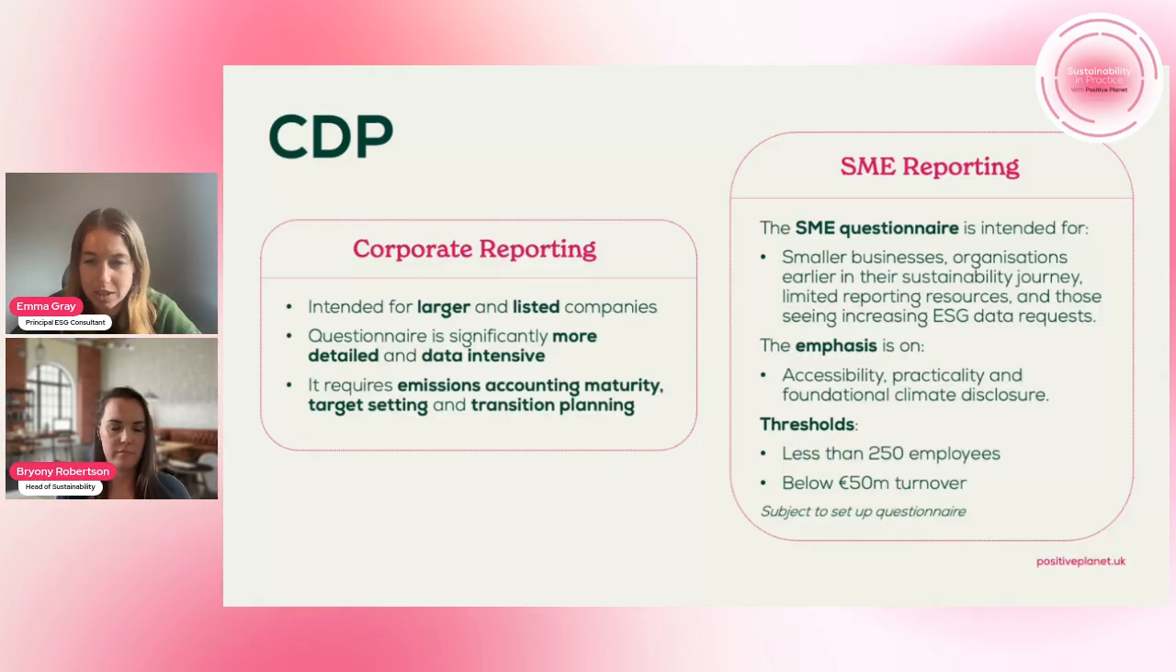This route is intended for smaller businesses who are in the early phases of their sustainability journey. They may have limited sustainability resources available, and are generally seeing an increasing number of ESG requests coming from customers. While CDP does allow SMEs to disclose information about forests and water under this route,